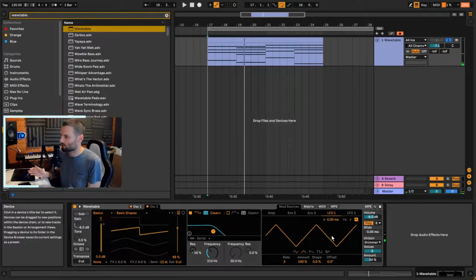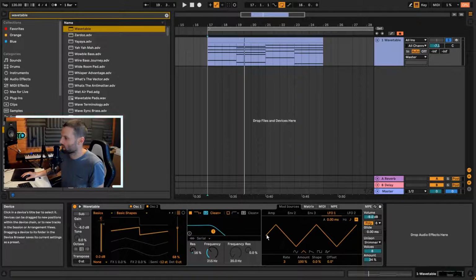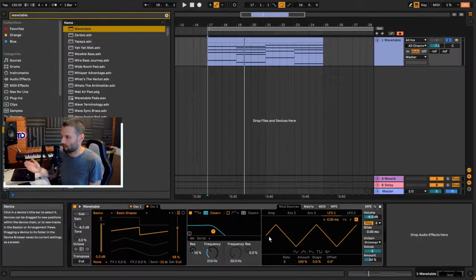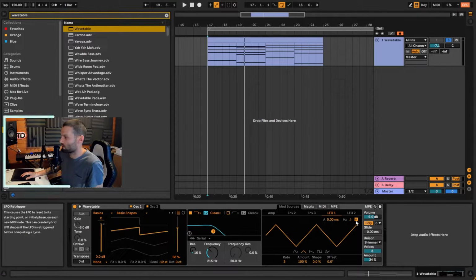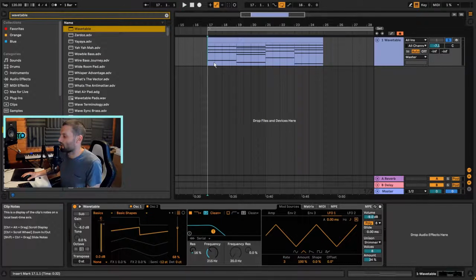Okay, but it's still predictable, and the reason for that is every time we start a new note, the LFO re-triggers and starts from its initial phase point, and that's not going to add any randomness or variation. So it's very important to turn off re-trigger here by clicking on this R button over here, and now when we play it,